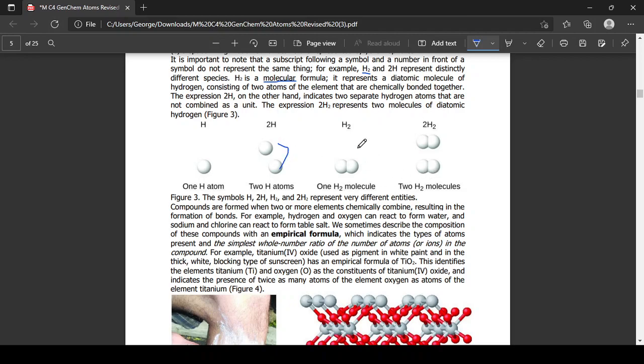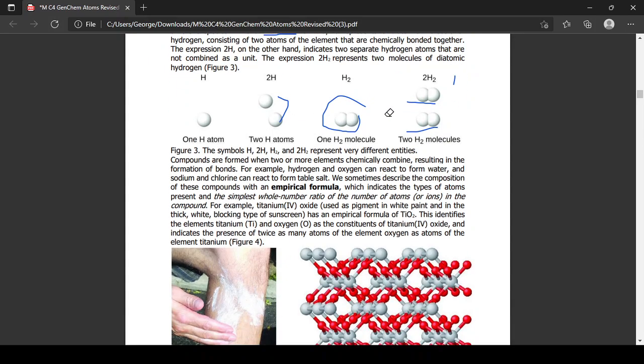If maghambal ta H2 nga may subscript, bonded siya together. And magka 2 H2 molecules, mayara siya sang duwa ka hydrogen nga atoms nga bonded together pero separately kay 2H2 sa. Kay kung mag H4 ni siya, natural matapikan na ya ang aton apat ka hydrogen molecule. But kay gin-separate ya nag 2H2 siya, check nyo. Nagtapik na siya tag duwa-duwa. And that is the difference of a molecular formula from a diatomic molecule of 2H. Your figure 3, the symbols of H2H, H2, and 2H represents very different entities.